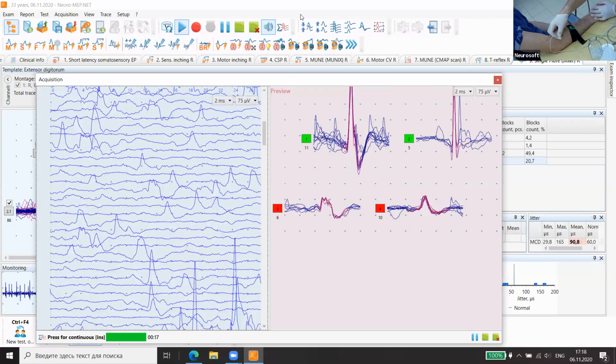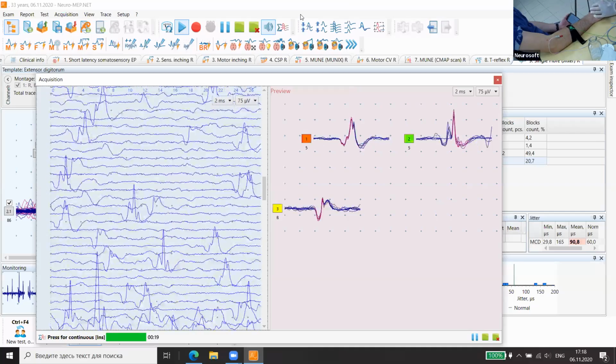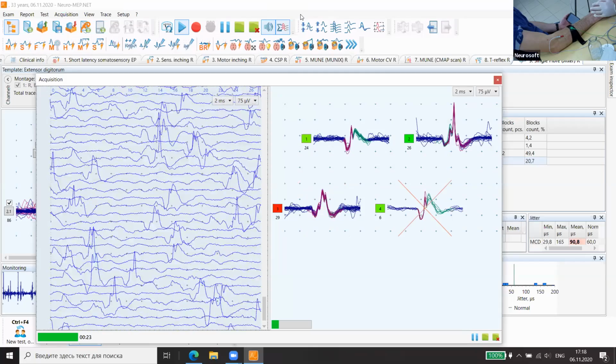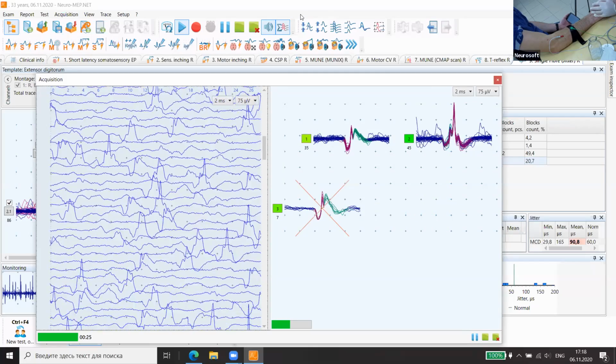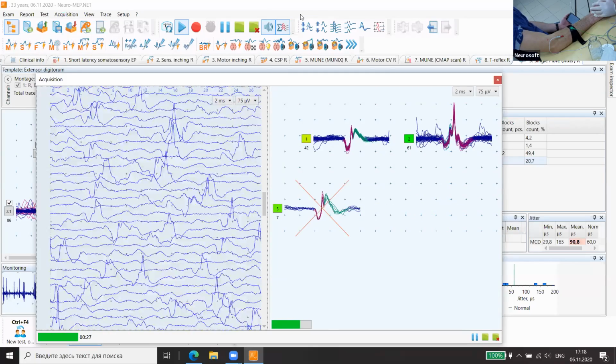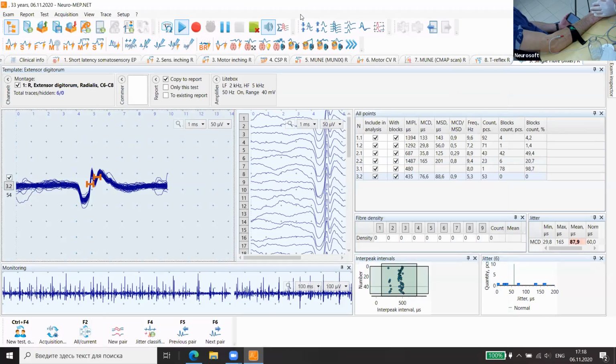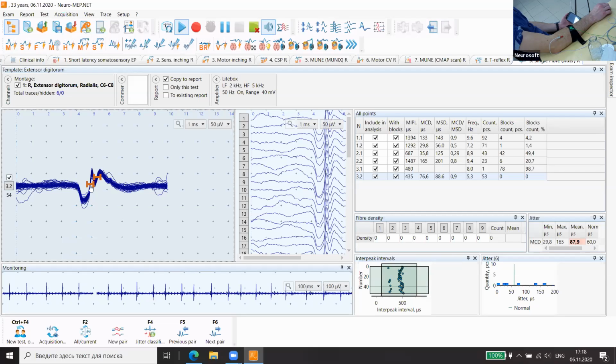Sometimes we can find them more quickly. Ideally, we have 50 up to 100 traces of every. So we set